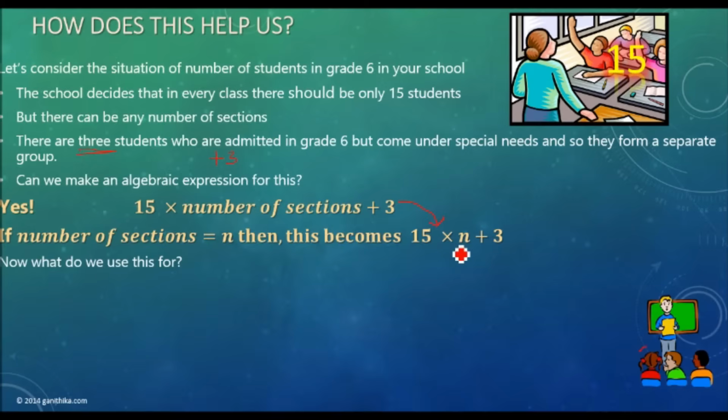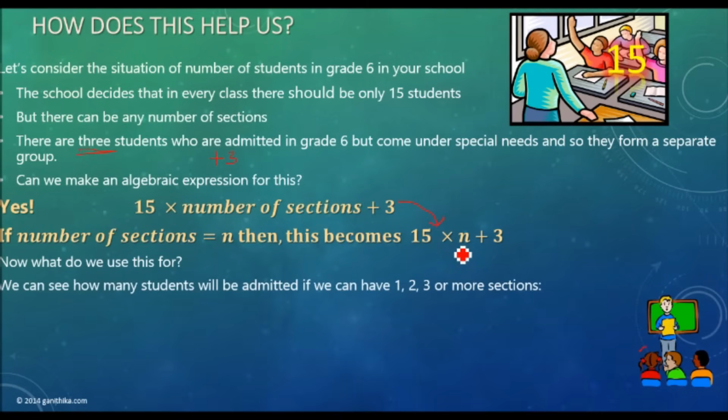Now, how do we use this? We can see how many students will be admitted if we have 1 section, 2 sections, or 3 sections or more. Okay, try to do them. Try to get the number of students for each case. When you have 1 section, 2 sections, and 3 sections,